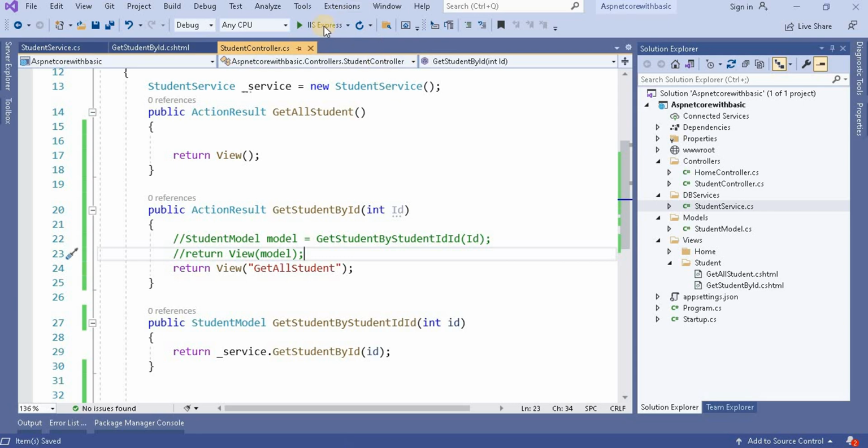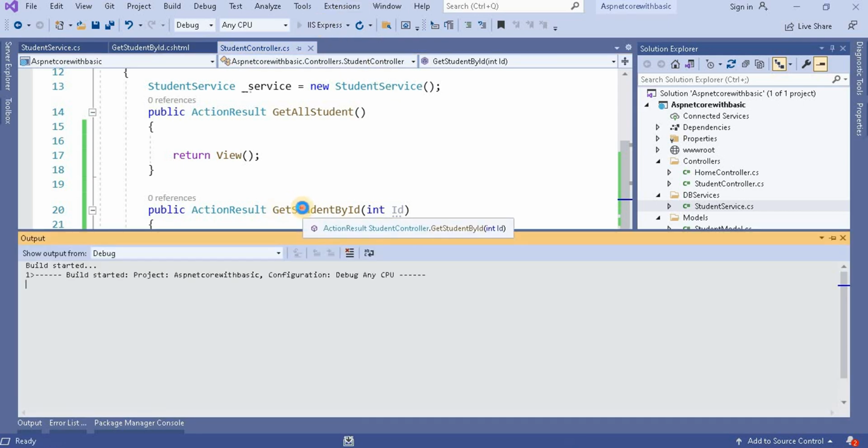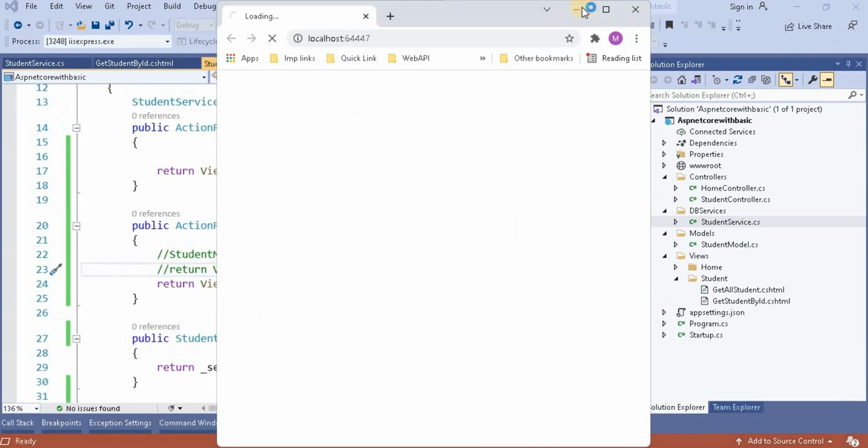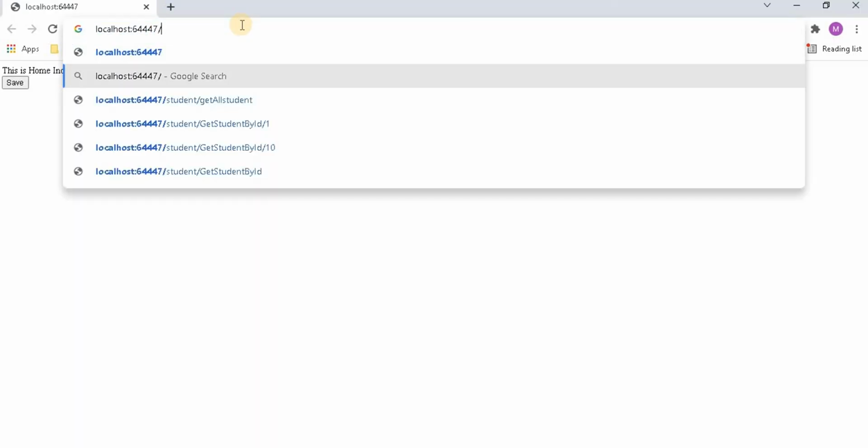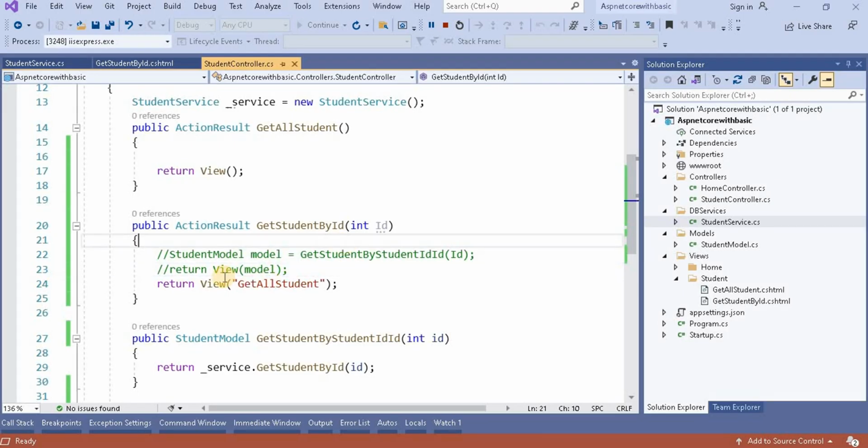So now if I run this application and navigate to this action method, it will call the get all student view. So I'm going to call get student by 1, and what we are getting is the get all student action method. So this is the way of calling a particular view from another action method or another view.